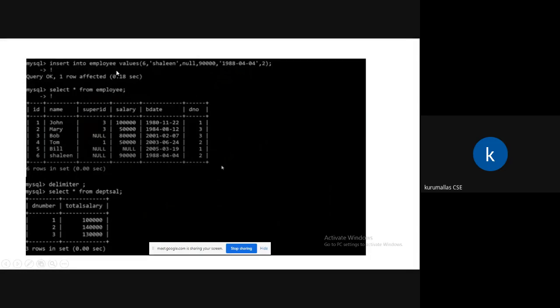Once you insert a value into the existing table, you check that it is added, already added, right? Next you check select star from DEPT salary. So instead of 50,000, we added 90,000. How did it happen inside this DEPT salary?